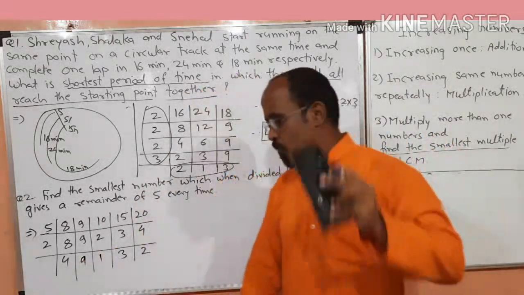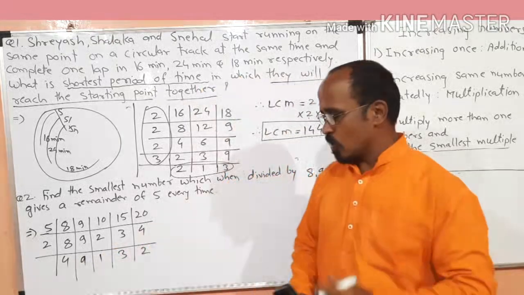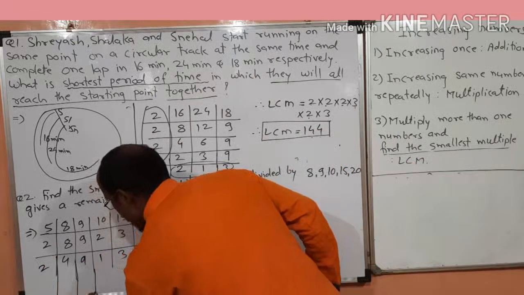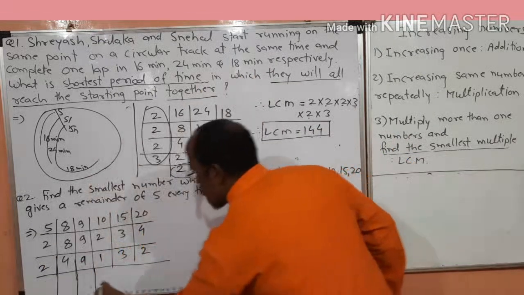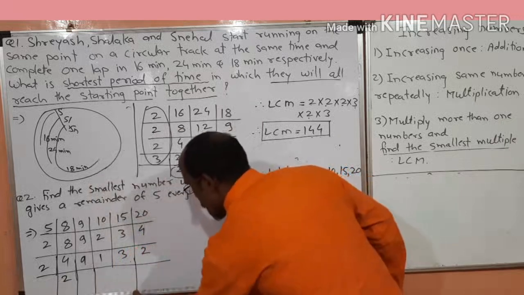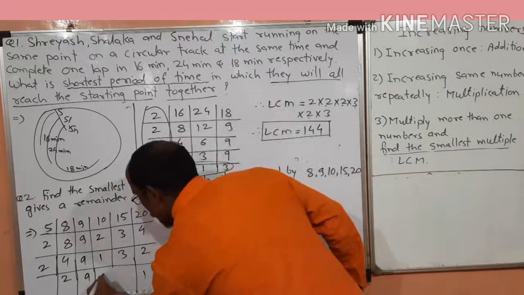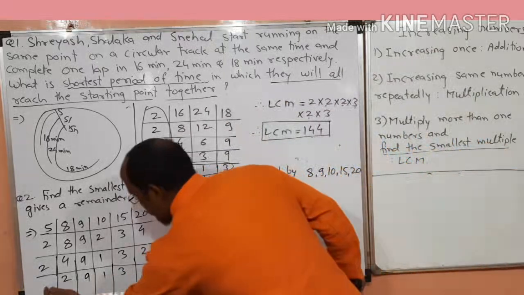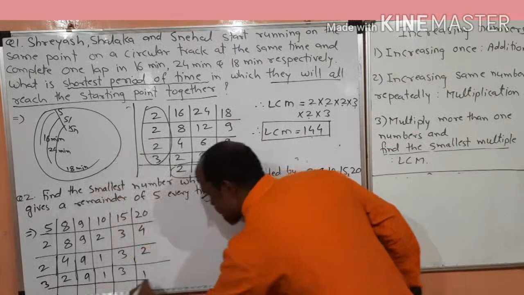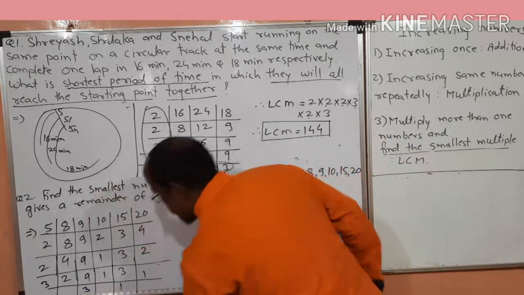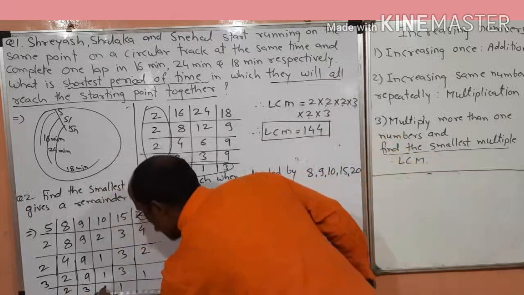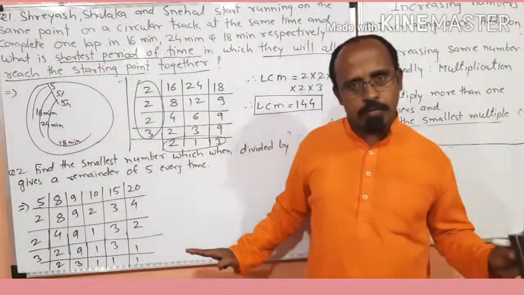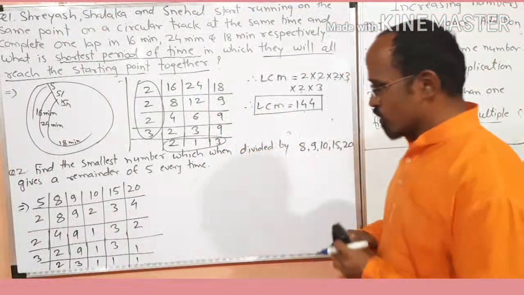Two numbers are divisible by 2, and two numbers are divisible by 3. So let's divide first by 2. If we divide by 2, the answer will be 2 2s are 4, 2 1s are 2, then 9, 1, 3. They are not divisible by 2, so they stay as they are. Two numbers are divisible by 3. If we divide them by 3, the answer will be 3 3s are 9, 3 1s are 3, and the 2, 1, 1 stay as they are. Now 1, 2, 3 are not commonly divisible by any number, so we stop here.